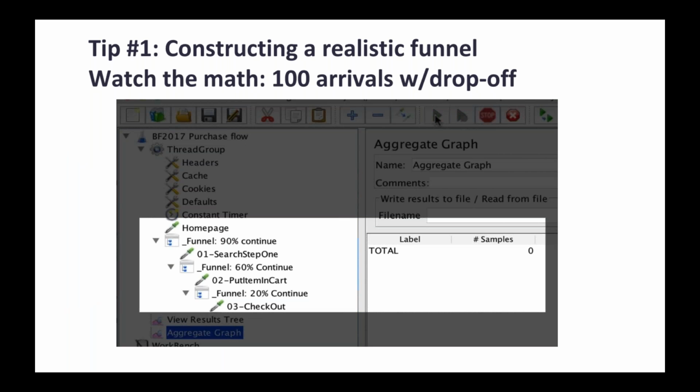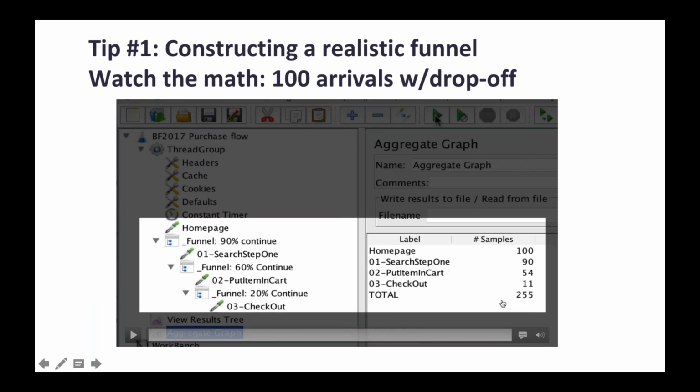I'm going to run a little simulation here where I'm running 100 iterations through the test. We can see that 100 people hit the home page, 90 people got to the search and exercised the search, and then of those 60% went on. 60% of 90 is 54, and then about 20%